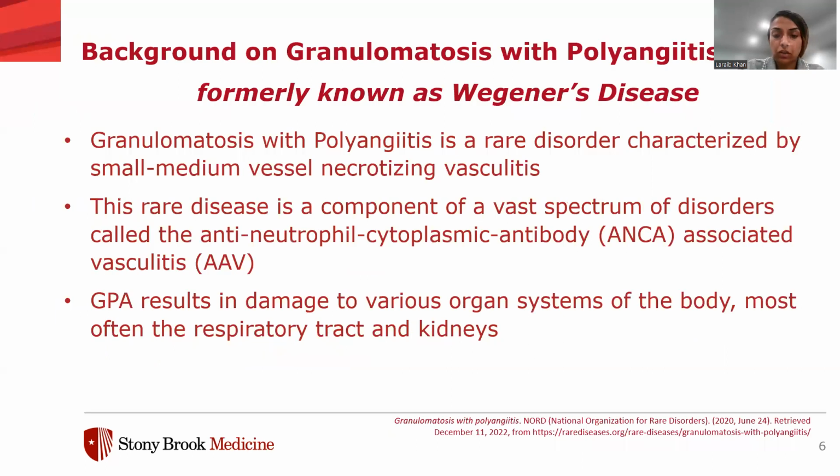So now we're going to jump into the background of GPA. So GPA, also formerly known as Wegener's disease in the past, is a rare disorder that is characterized by small to medium vessel necrotizing vasculitis. So this rare disorder is actually under the umbrella term of ANCA-associated vasculitis, ANCA standing for anti-neutrophil cytoplasmic antibodies. So ANCA-associated vasculitis will be like the umbrella term, and then there's other disease states that fall under it. So GPA is one of them, but there's other disease states that I'll briefly mention that fall under